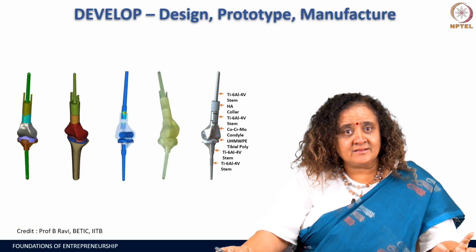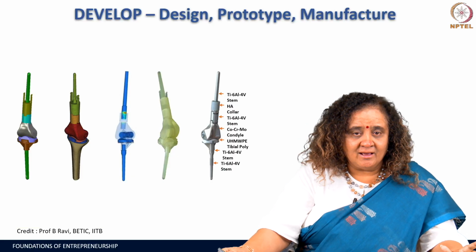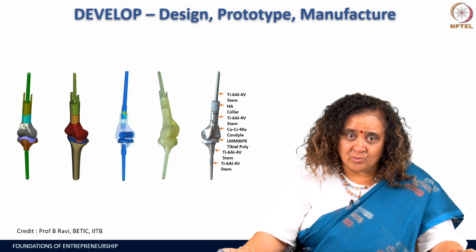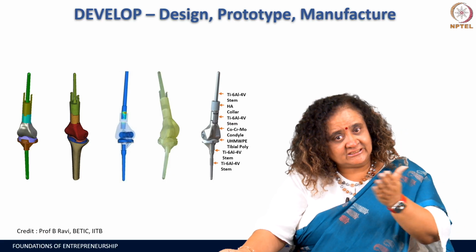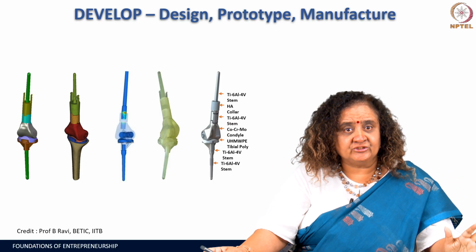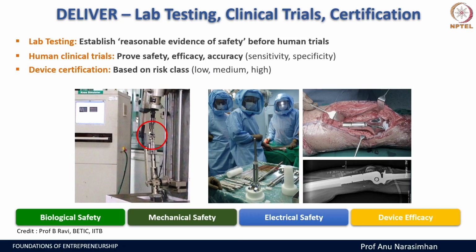In the develop phase, we are designing, prototyping, and manufacturing. This is one of the projects that the Betic team worked on, which is about a knee implant. Just see the stages in development. They are all 3D prototypes using different kinds of materials. From here, they went into testing, and testing for something that goes into the human body needs biological safety,